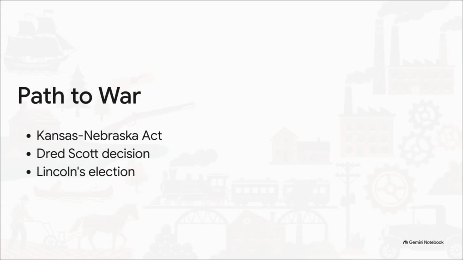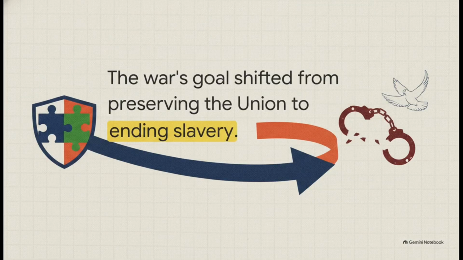So the powder keg is filling up with the 1854 Kansas-Nebraska Act and the infamous 1857 Dred Scott decision. But the match is finally struck in 1860, when Abraham Lincoln was elected. A man explicitly opposing the expansion of slavery, Southern leaders felt their entire economic and political system was under an existential threat. By December of that year, South Carolina seceded, and they were very quickly followed by others to form the Confederacy. For 4 incredibly bloody years, a brutal civil war literally rips the country apart.